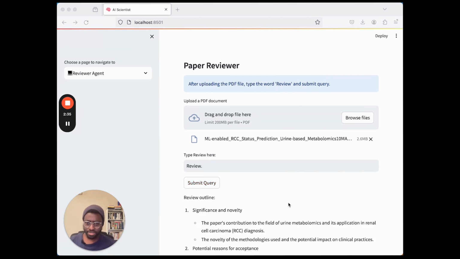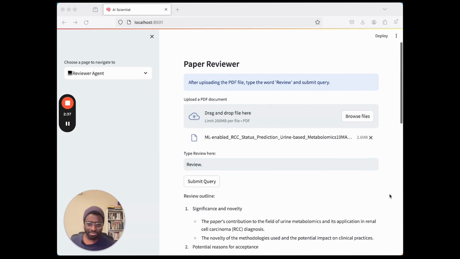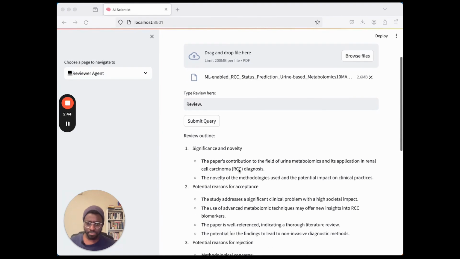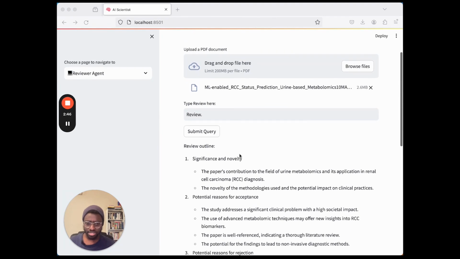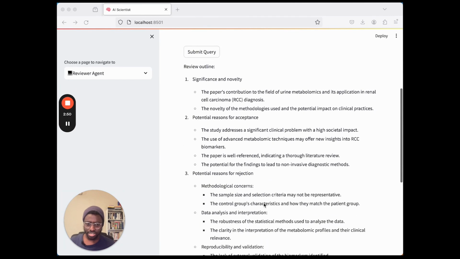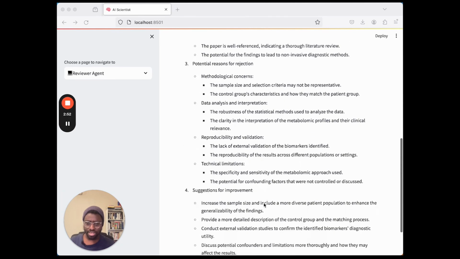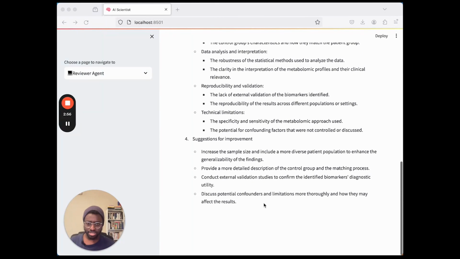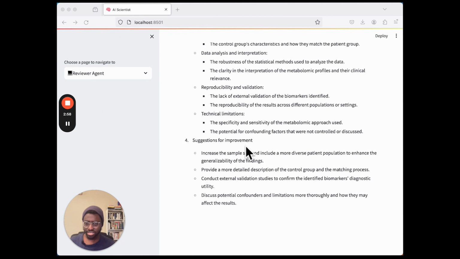Actually, it ended up taking much less than a minute, but basically you can see the paper, like significance and novelty, goes through the potential reasons for acceptance. Okay, why should they be rejected? It was talking about sample size, clarity and robustness of statistical methods, and in fact it was even suggesting methods of actually improving